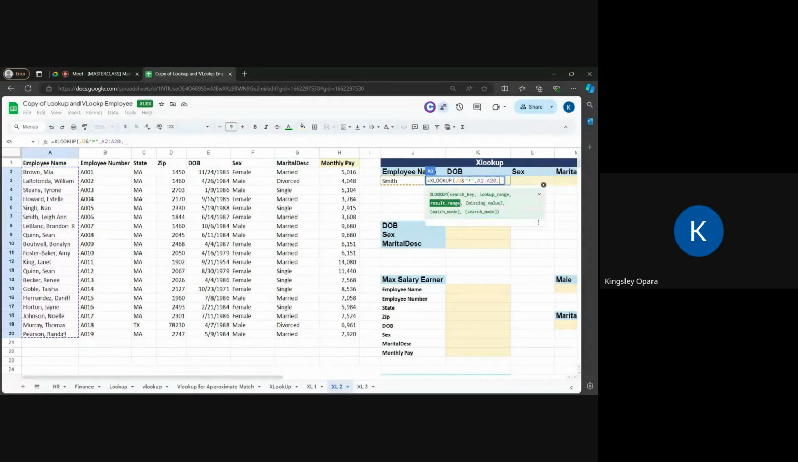All right. And then return for me the date of birth, the sex, and the marital description, like this. All right. Now I'll not be in a hurry to press my enter button. Okay. So I'll press comma. Now, the next argument in the XLOOKUP syntax is